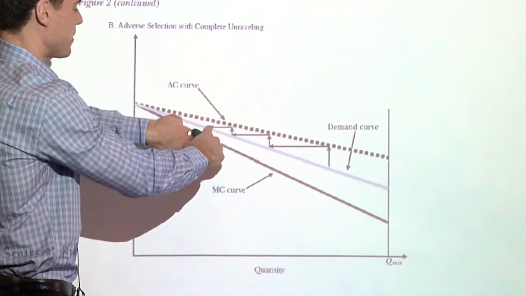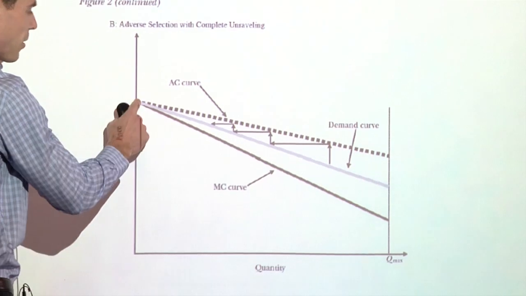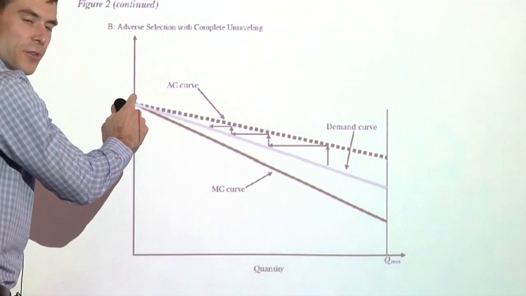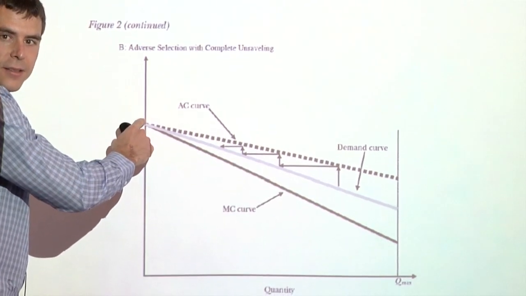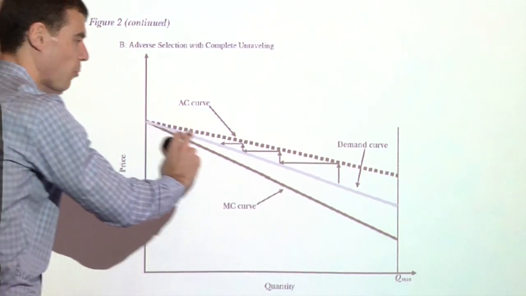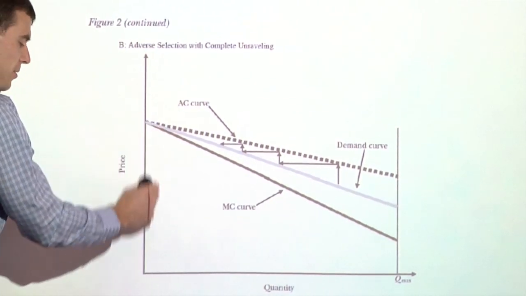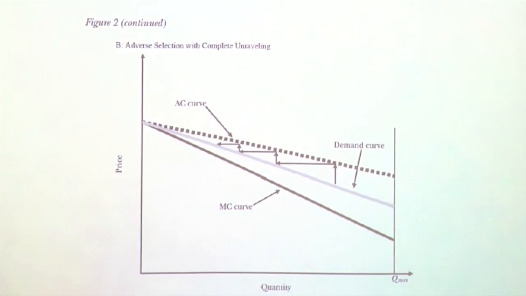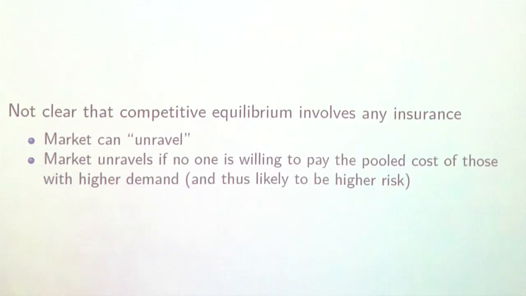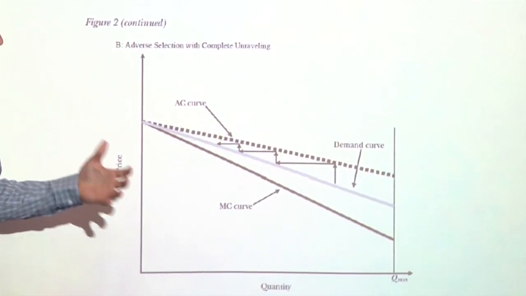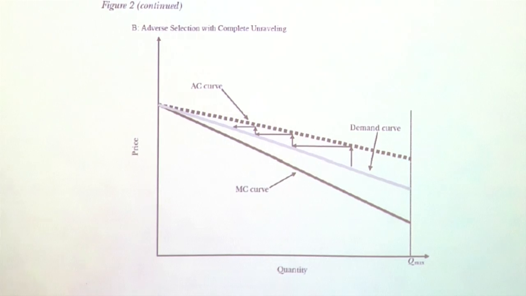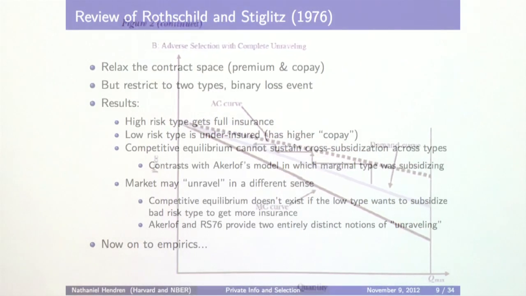And so you can just imagine this just spirals up to a point where the only equilibrium is one in which there's no insurance provided. So the unique competitive equilibrium in this world is one in which there's no insurance that's provided. Okay? And so whether or not we're in a world like this versus a world like this depends on what the marginal cost and the demand curve looks like. Okay? So it's sort of an empirical kind of a question.